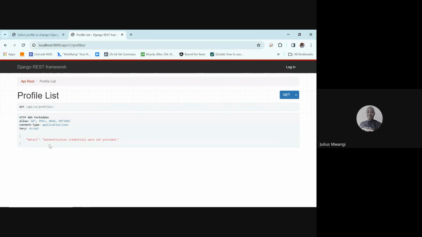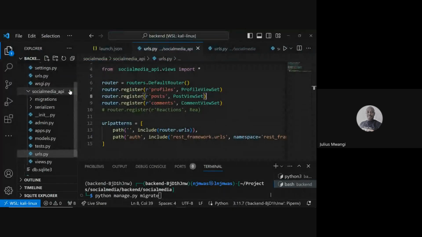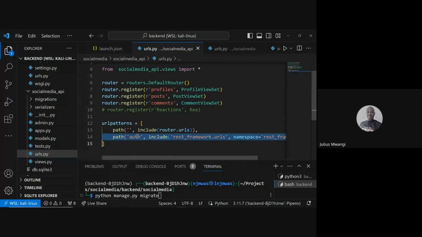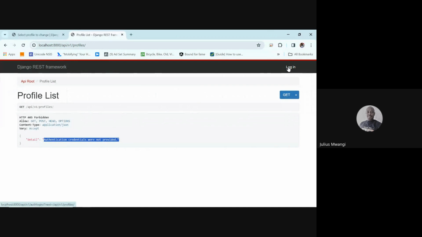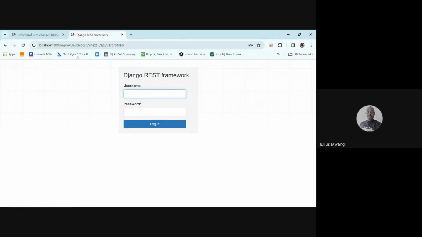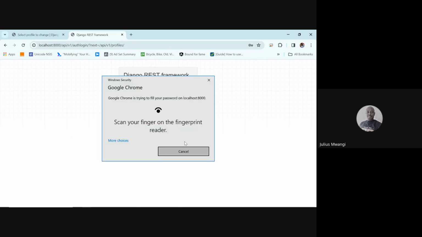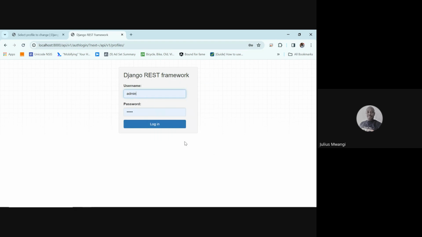Remember, we said that if someone is not signed in because of the permission, I'll get this particular error that says authentication credentials were not provided. Now, to log into this particular portal for seeing the endpoints, because I've set up this auth, that gives me this particular part. And I can actually log in with the same credentials that I logged in using the admin. And now I'll be able to see,